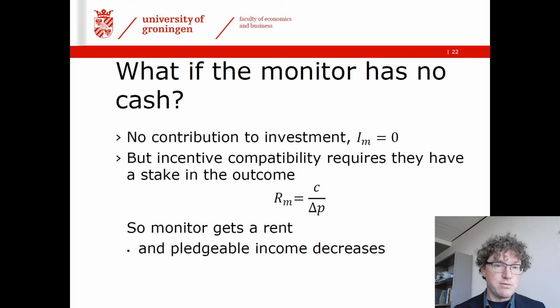Does that mean that we cannot give them any stakes or any rents from this project? No, of course not. They need to get this RM because otherwise they will not do their monitoring. So we have to award them this rent RM equal, well, at least to C over delta P, because otherwise they will not carry out their monitoring